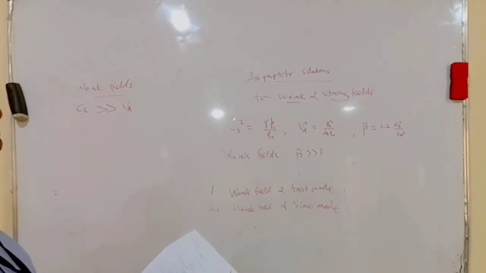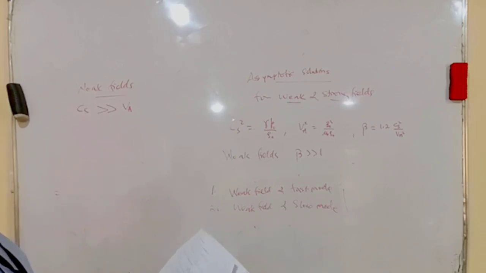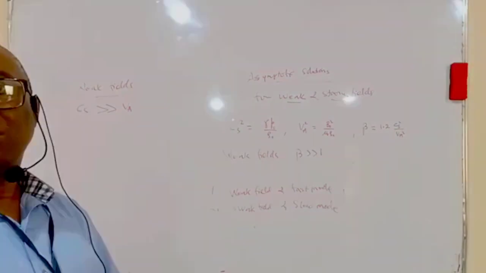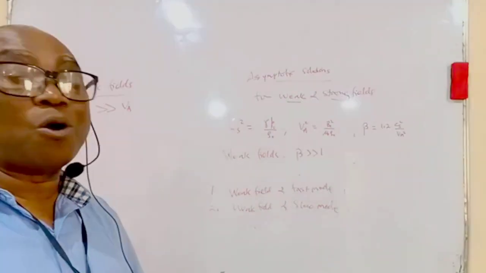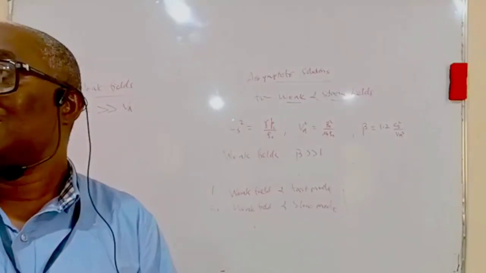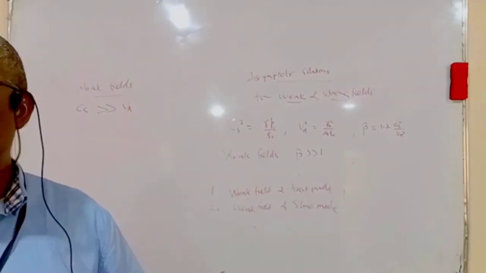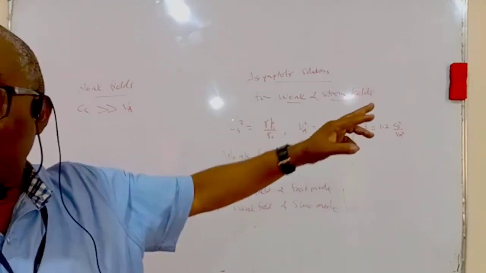If we say that VA is very small compared to CS, their squares, that one will be very, very small. So in that equation, we will remove